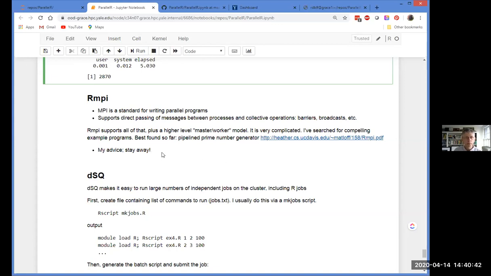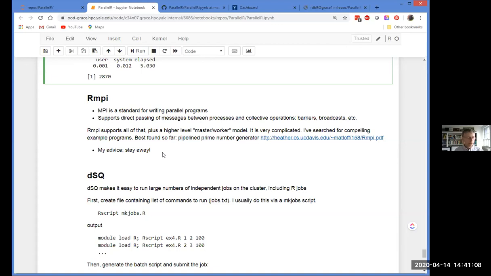I don't see any reason to use it directly unless you're writing a program that isn't of this characteristic, that it's a bunch of independent loop iterations. If what you have is independent loop iterations, then you're much better off using foreach or one of the parallel apply methods like parallel.